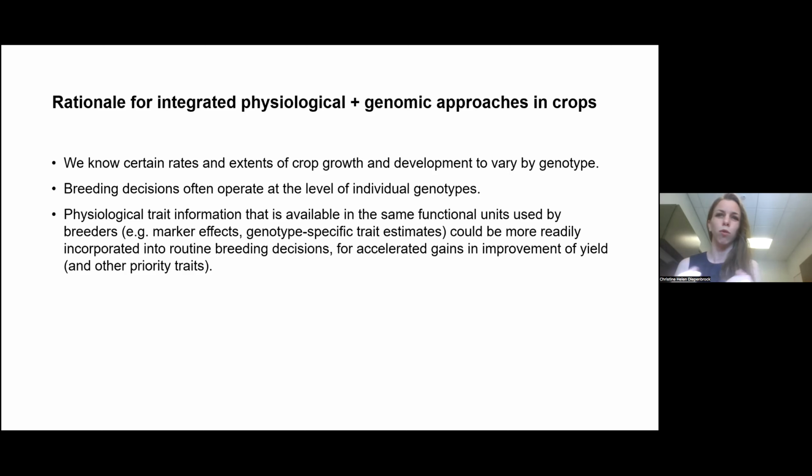Indeed, breeding decisions often do operate at the level of individual genotypes. And I will use that term in this talk to refer to accessions or cultivars or individual representations of a given crop that would have distinct genetics. So really, if we can get this physiological trait information into the units of genotype-specific trait estimates or breeding values